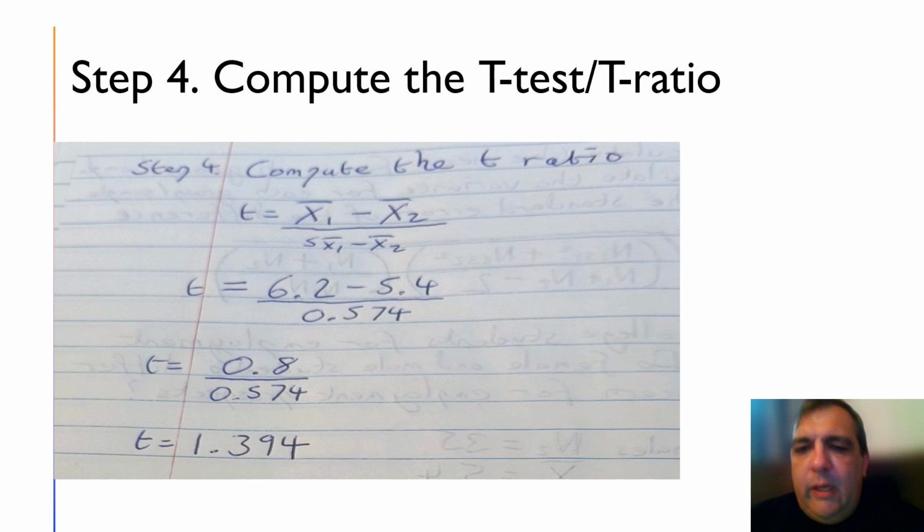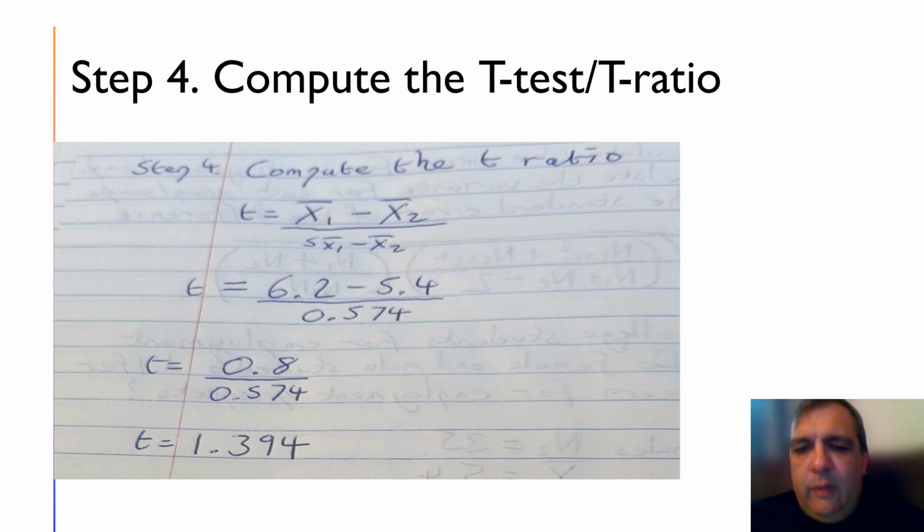Moving to step 4, we can calculate the t-test or t-ratio. So to compute the t-ratio, we're using the formula t equals mean of group 1 minus mean of group 2 over the standard error of the difference between means. You may notice this looks like a z-score formula, except instead of subtracting a mean from a raw score, we're now subtracting a mean from a mean and dividing by the standard error of the difference between means instead of